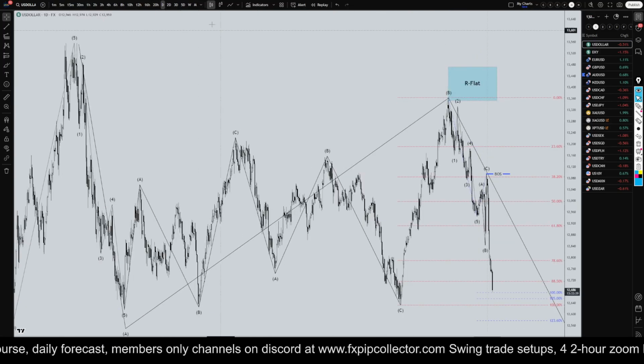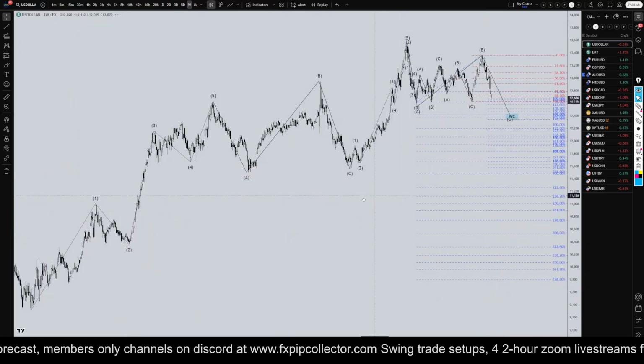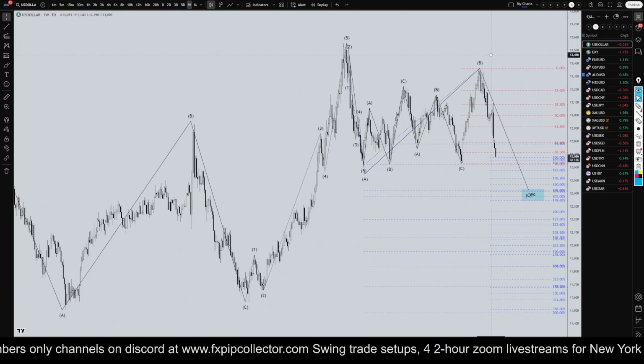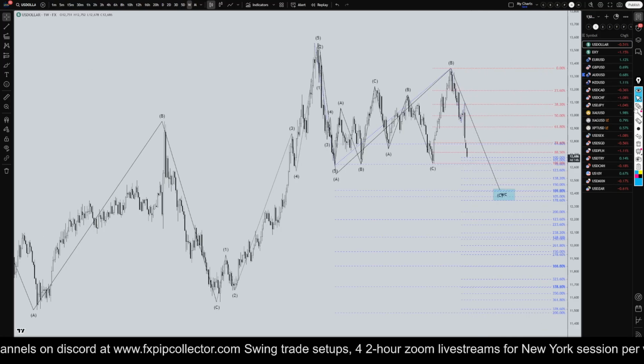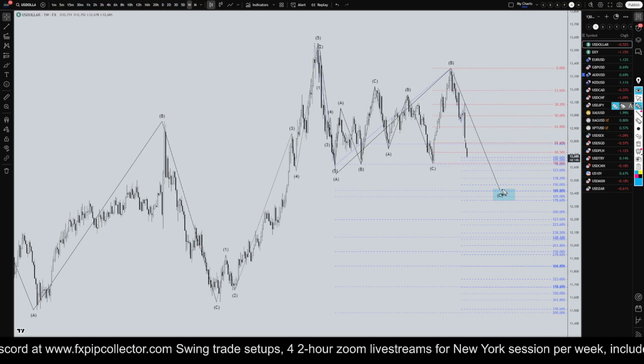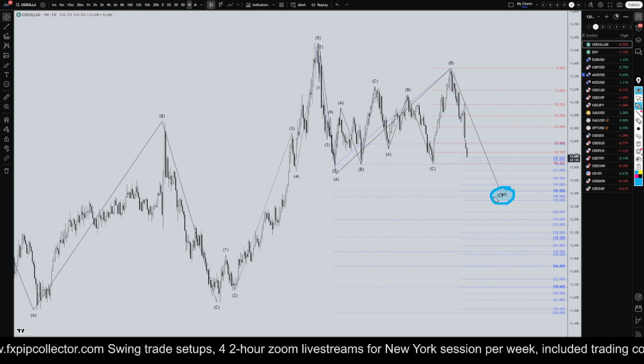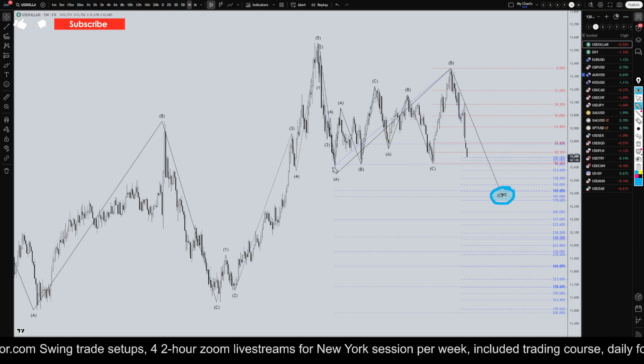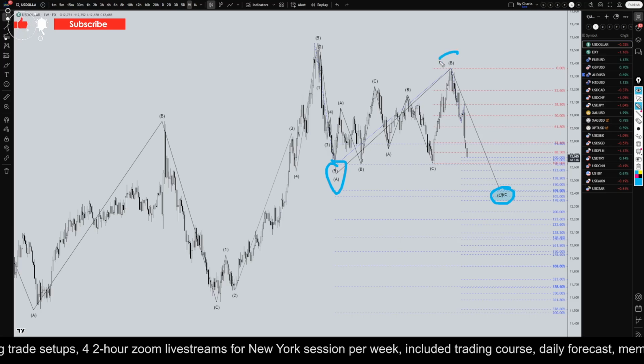which definitely makes sense. Now, if you go all the way up to about the weekly time frame, I am very, very, very bearish on the U.S. dollar index. I still think that this U.S. dollar index is going to go down to about the 100% Fibonacci extension to finish off this A, B, and